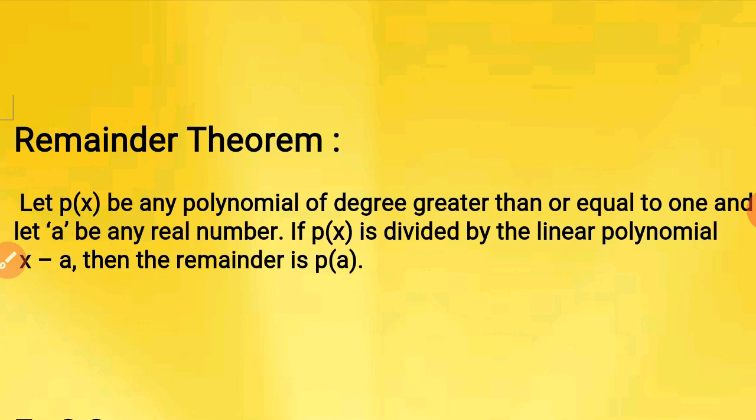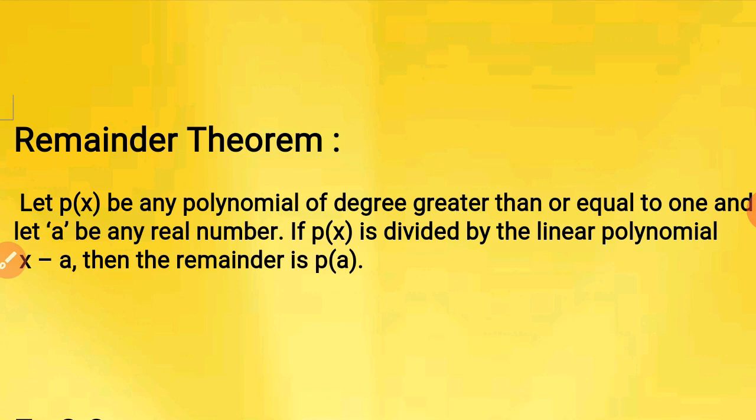We have studied about values of polynomial. So we just go on substituting a in place of x and we get the value of the polynomial. The same concept is here. So children, if we are dividing the given polynomial by any linear polynomial x minus a, the remainder always will be p of a. The important thing to be noted here is, divisor here is x minus a and we are substituting a. How is it done? This divisor x minus a is equated to 0 and we get the value of x to be equal to a, and that value of x is substituted.